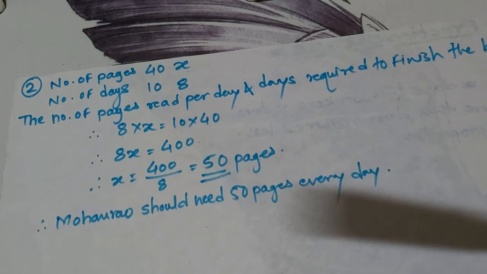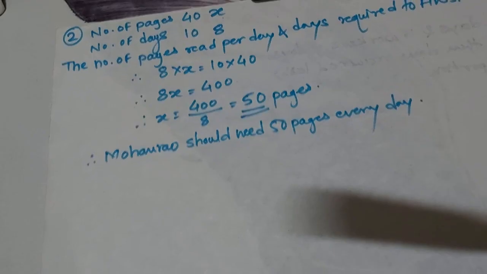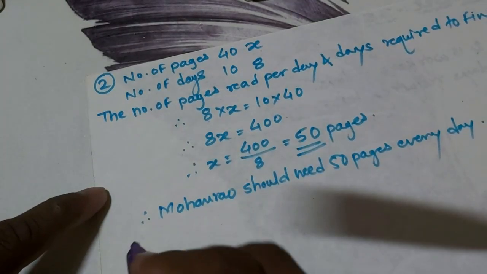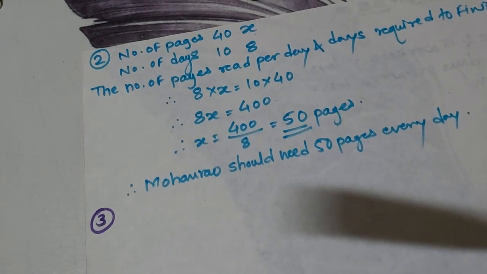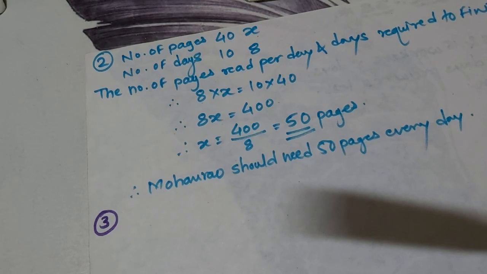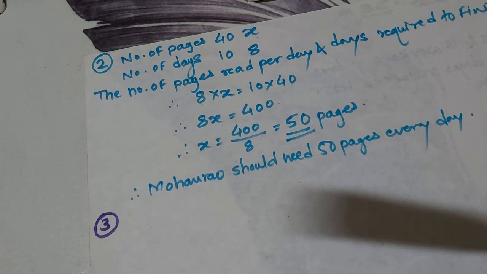Now students, we will move to the third example. A third example, Mary cycles at 6 km per hour, means in 1 hour she covers 6 km distance. How long will she take to reach her aunt's house, which is 12 kilometers away? So from her house to her aunt's house, that distance is 12 kilometers. So here we have to find out the time.